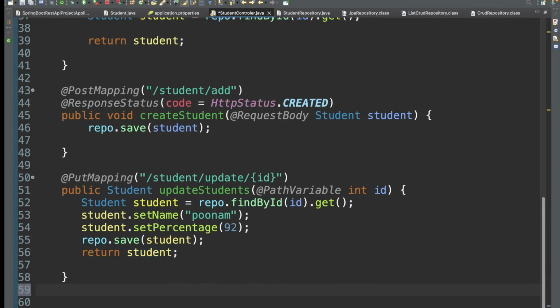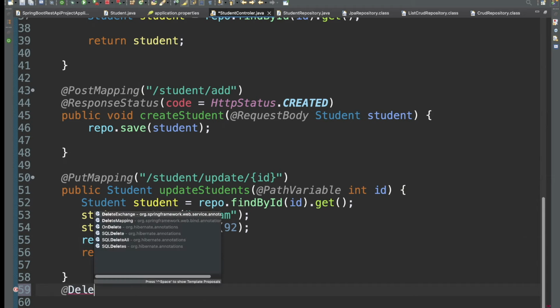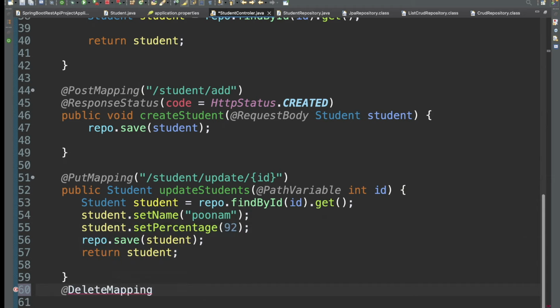Okay, so let me use here DeleteMapping, @DeleteMapping. You need to pass the URI, so URI will be student delete and which record you want to delete. So here we will pass the ID also. Based on the ID the record will get deleted. Okay, so now let me add public void